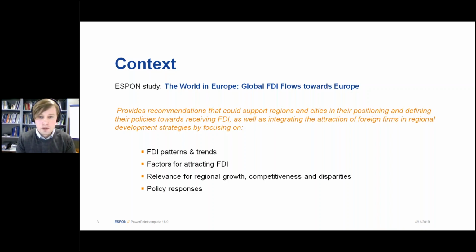the project was dealing with the analysis of global FDI flows into Europe. It tried to understand how regions could position themselves towards receiving FDI, as well as developing plans to attract more if it's in their interest. So it analyzed the FDI patterns and trends, what is currently happening in Europe, where we see increases in FDI, where we see decreases, what is the general overview,